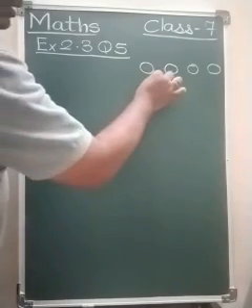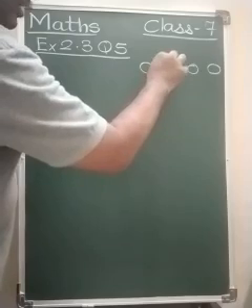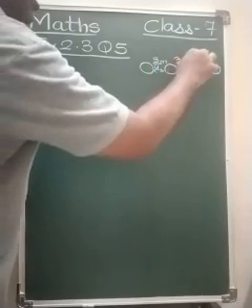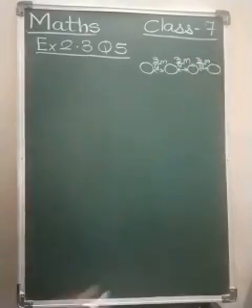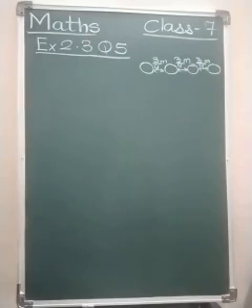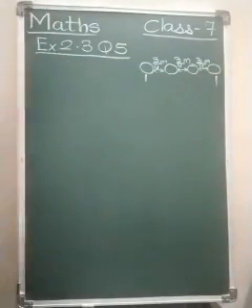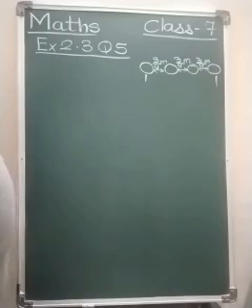And the distance between these 2 saplings, first and second, is 3 upon 4 meters. Again these 2 saplings is 3 upon 4 meters. And these 2 saplings is 3 upon 4 meters. Okay, so this much we have understood. And we have to find out the distance between the first and the last sapling. This is the question.